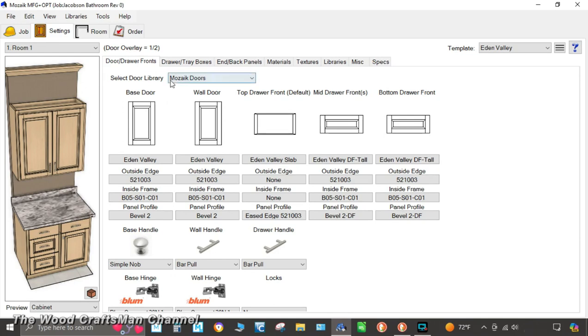So real briefly, these here are all editable. So even though the door style I have created for this library calls for these particular settings, in this case here, this is my outside door profile number, this is my inside profile number, and this is the panel profile number, I could change any one of them right here. Or if I were to click on the door,